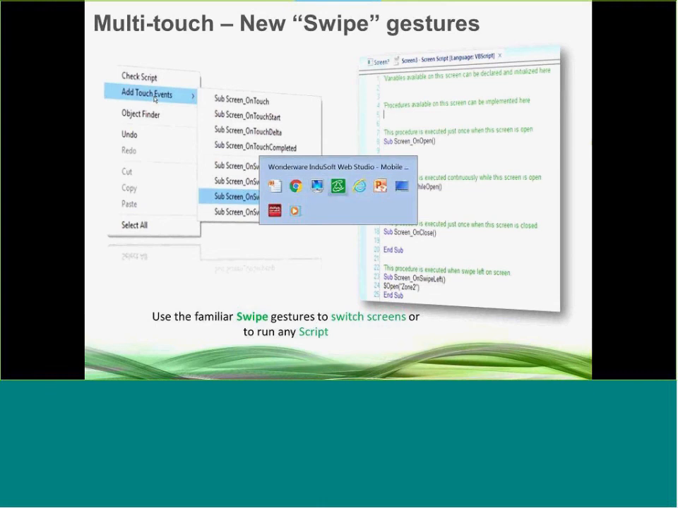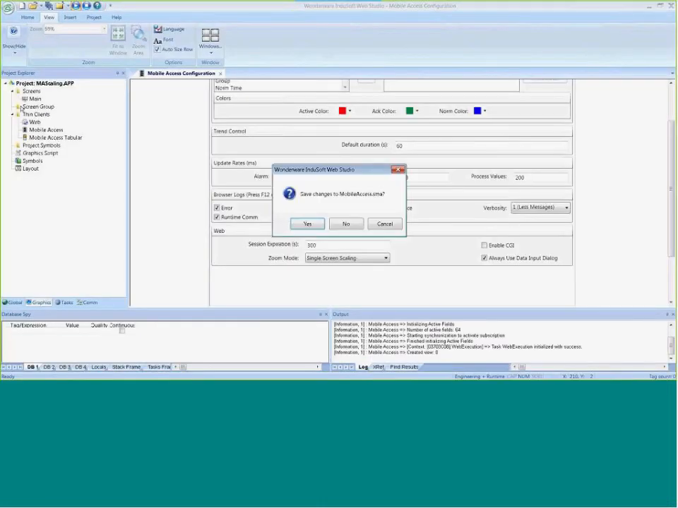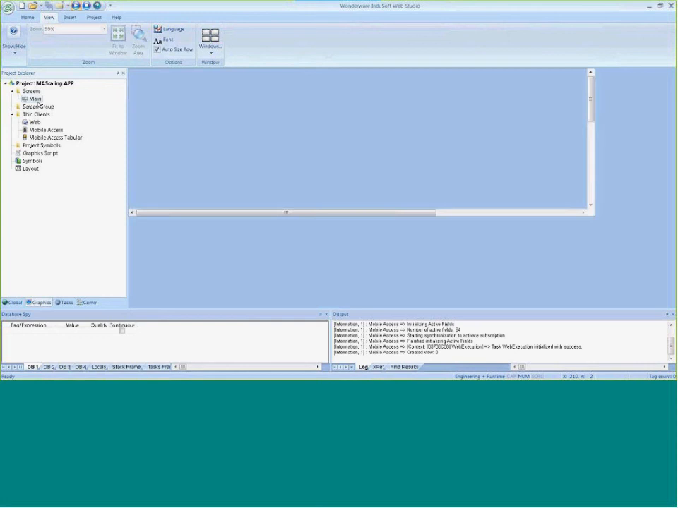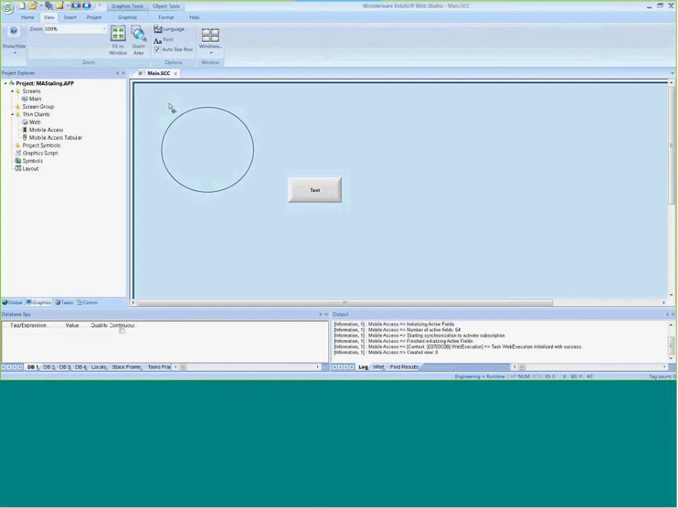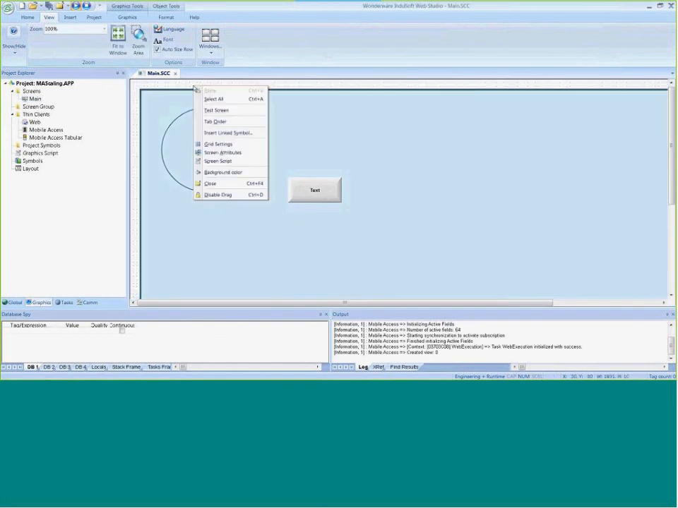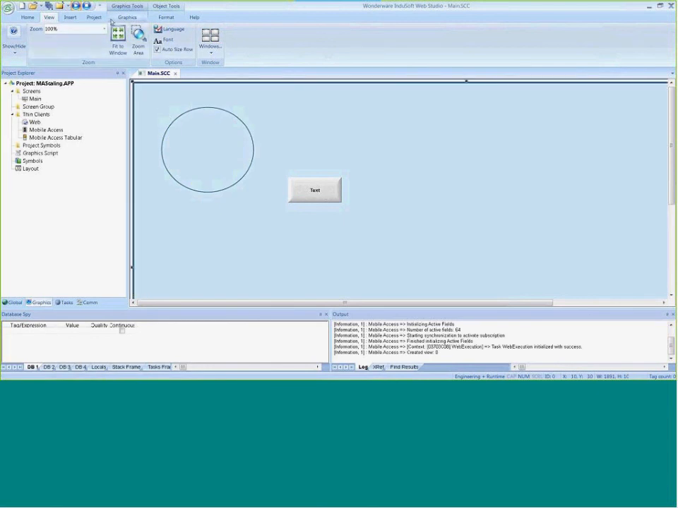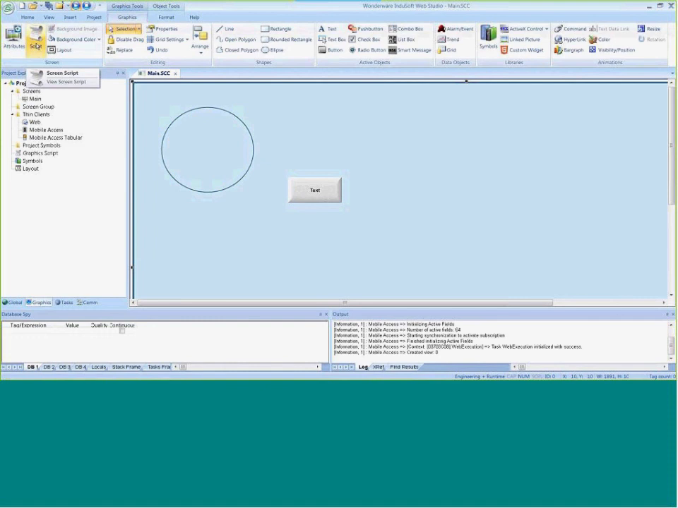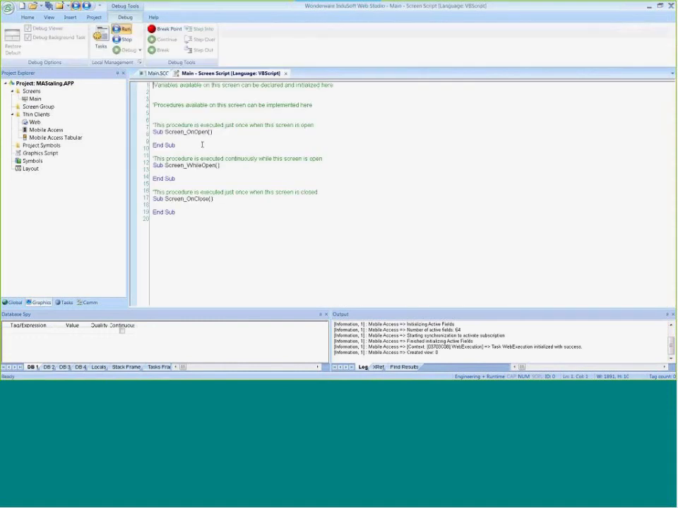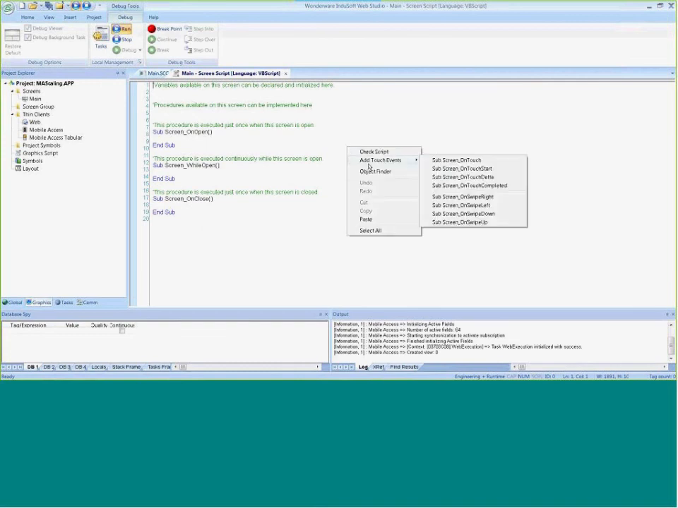Before I do that, what I'm going to do is open up a screen here. Let's open up this main screen in this application. I'm going to move this rectangle out of the way and right-click on the background just so you see this. I didn't have to move that. Actually, I could have gone to graphics, and the script here is kind of the same thing. So on this screen script, if you right-click in the white space here, you're going to see this Add Touch